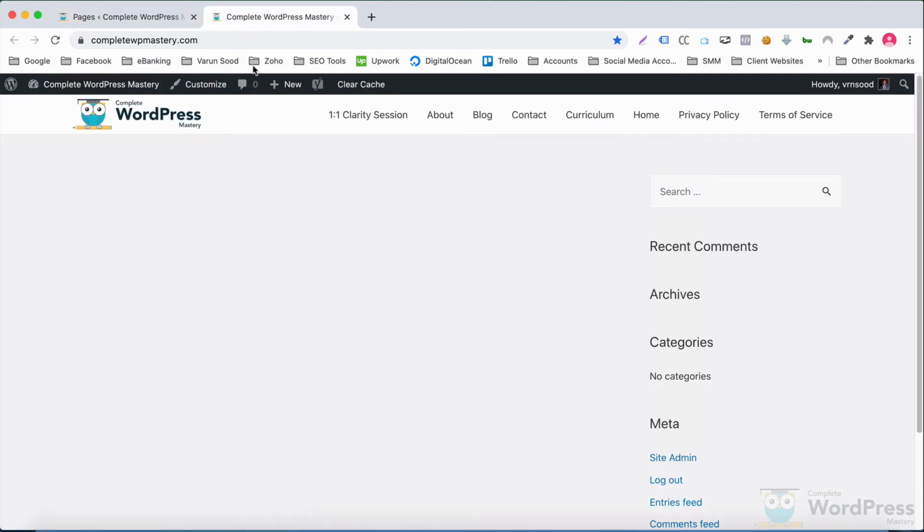If we now take a look at the front end of the site, you will notice that WordPress has listed all the pages that we just created in the form of a navigation menu. However, the order of pages is not what we want. And there are some pages like privacy policy and terms of service that we don't want to be shown in this menu. We'll see how to handle this in the next video, but in this video, I want to discuss a very important concept.